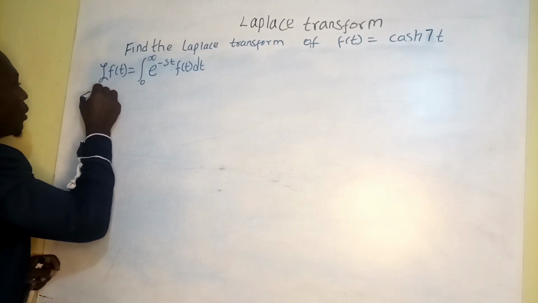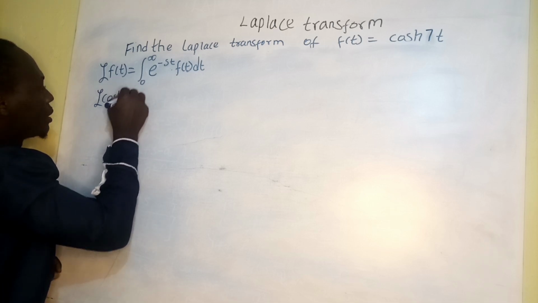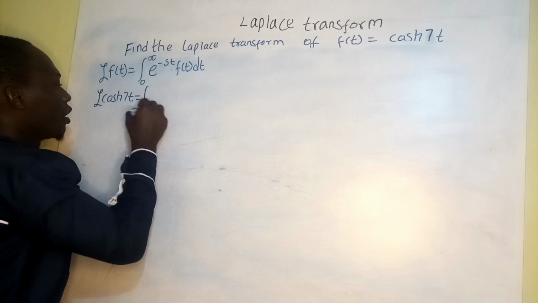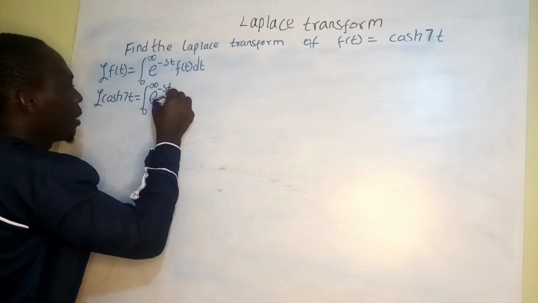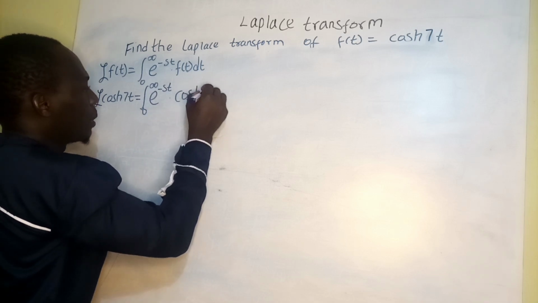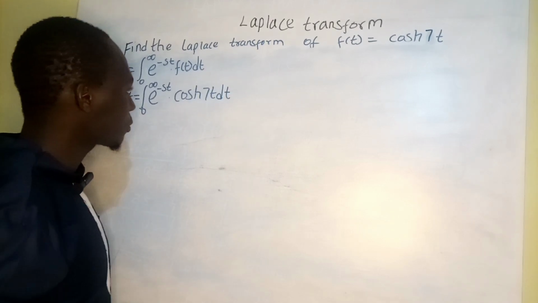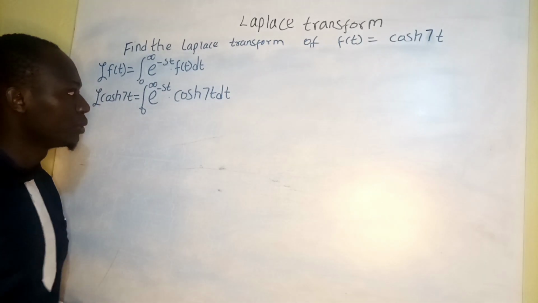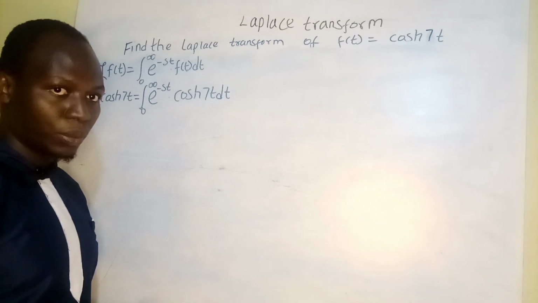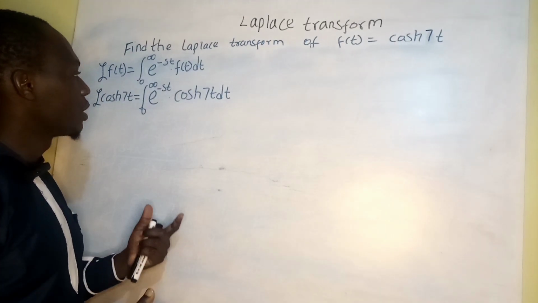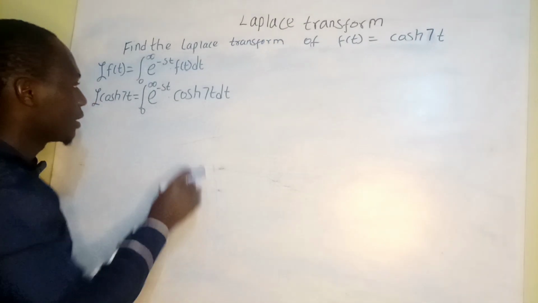So when we come here, we are going to have the Laplace transform of cosh 7t, which is equal to the integral with respect to our limits of exponential negative st multiplied by cosh 7t, and our integration is with respect to dt. Up to this point, we need to change the cosh 7t into an exponential, and by changing cosh 7t into an exponential, we understand that